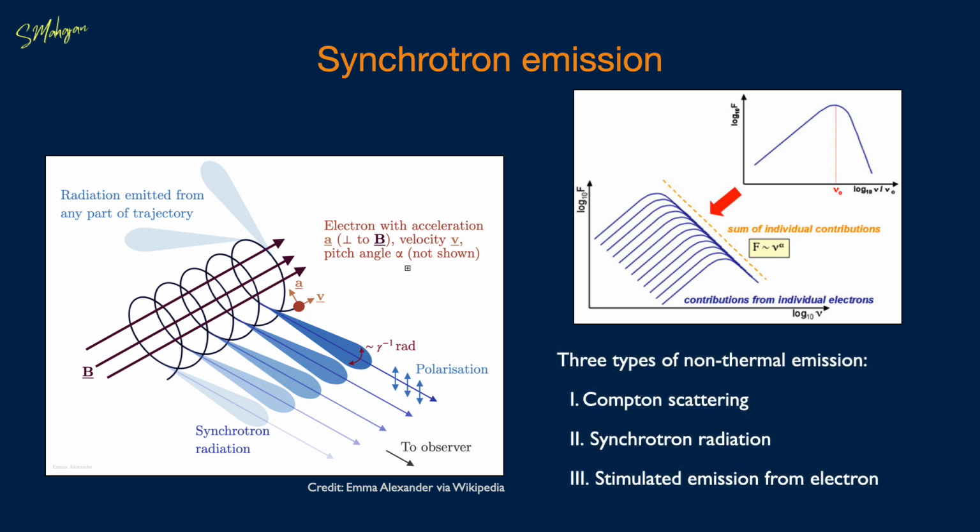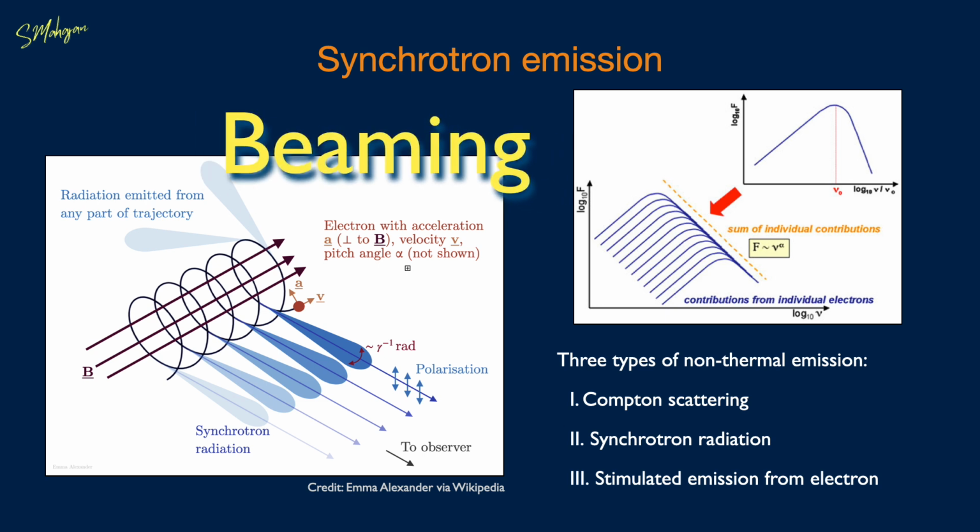The synchrotron radiation is generated by electrons spiraling around the magnetic field lines at relativistic speeds. Since the electrons are continuously changing direction, that is accelerating, they emit photons of frequency corresponding to the speed of the electron at any given instant. This radiation is confined to a narrow cone pointing in the direction of the motion of the electron. This process is called beaming. This radiation is also polarized in a plane normal to the magnetic field.